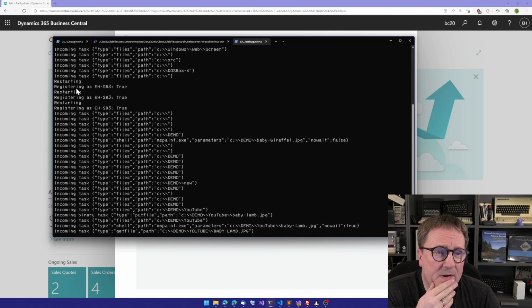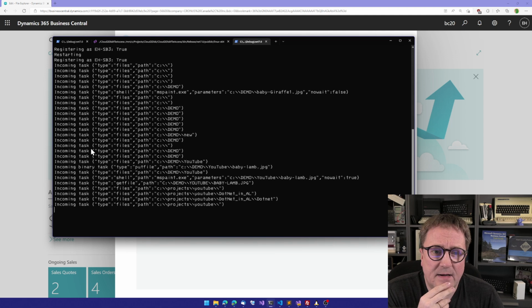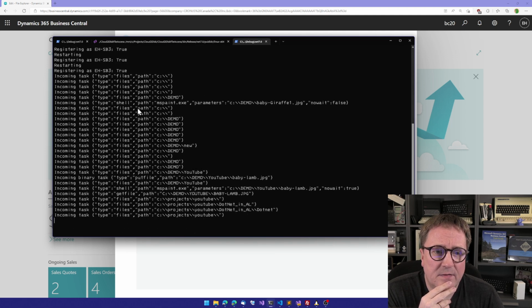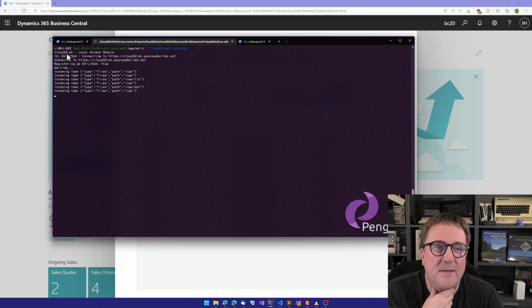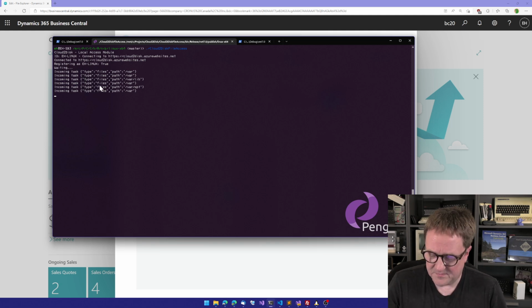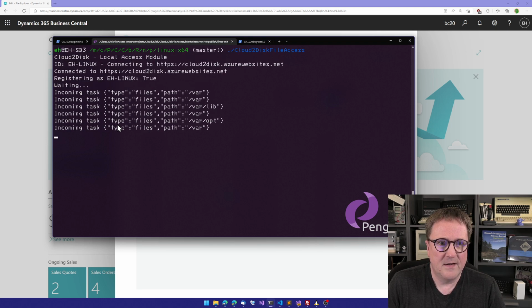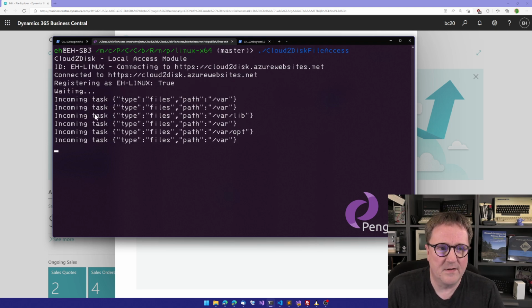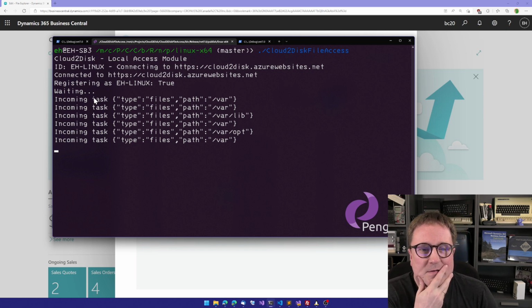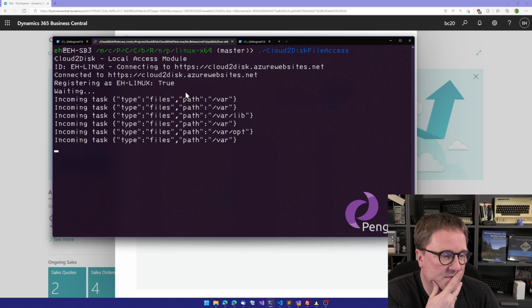And we can see that apparently it also lost connection at some point, and then it just reconnected right away. And here is all the stuff that we have just done on this one. And the one here is the same thing. So this is just my Linux machine. I don't know if I can... Yeah, I can. So this is my Linux machine. So we only did some. The incoming task was just the files version here,